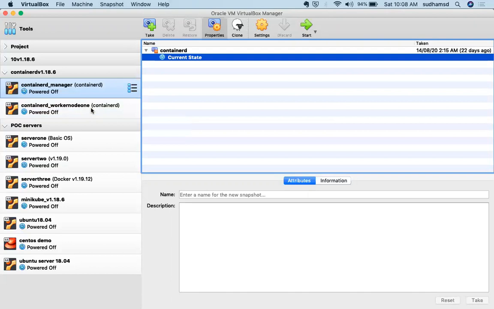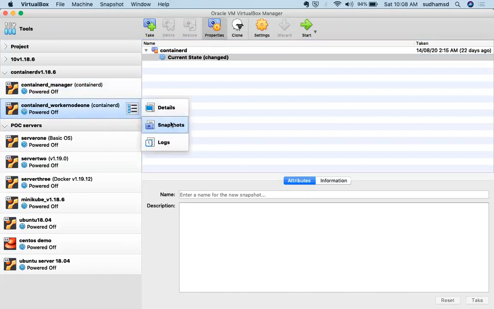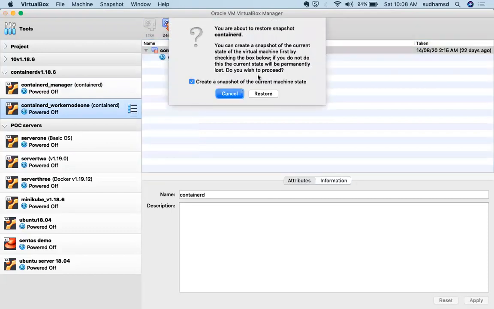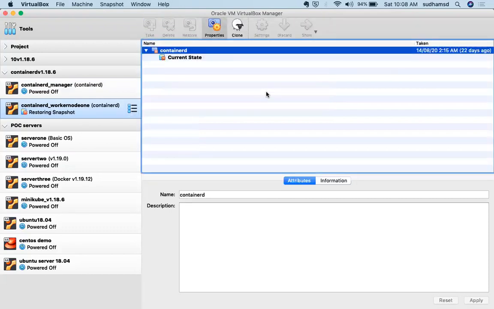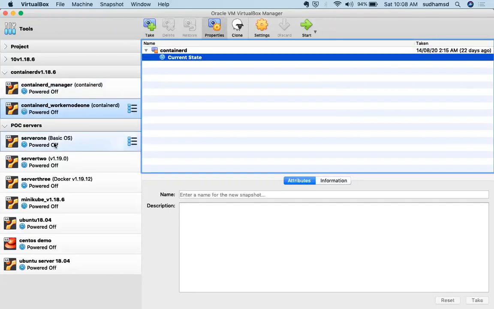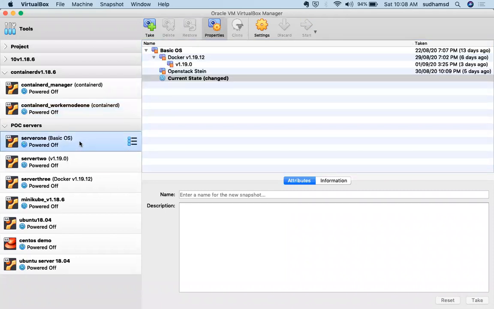The Kubernetes setup I'm not going to show you because you already know that, so I just want to jump into it. These are the three VMs which I'm going to use: these two are for the Kubernetes cluster, and this one is for the OpenStack Keystone component setup. Let me spin up this VM first, and let us do the OpenStack setup.